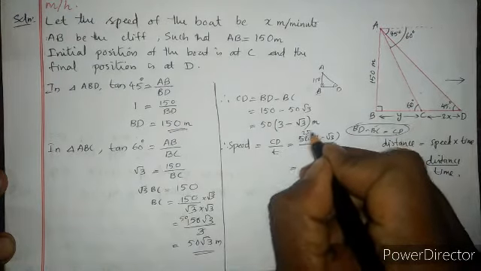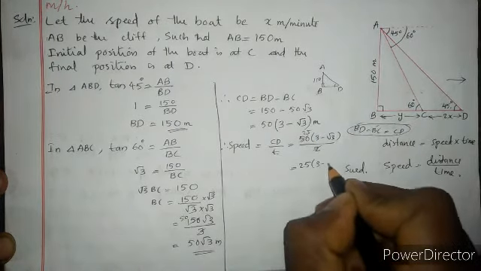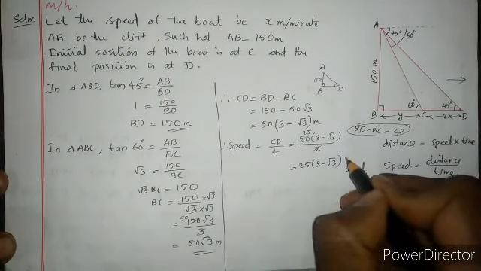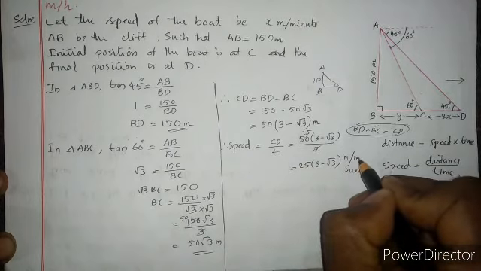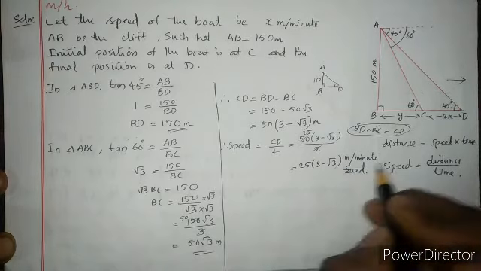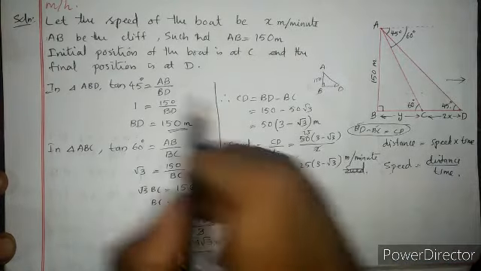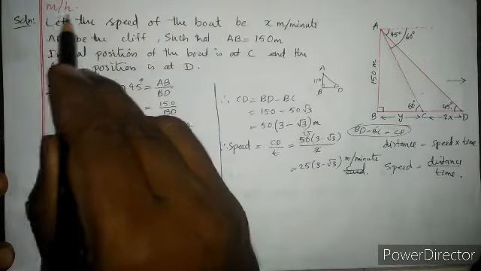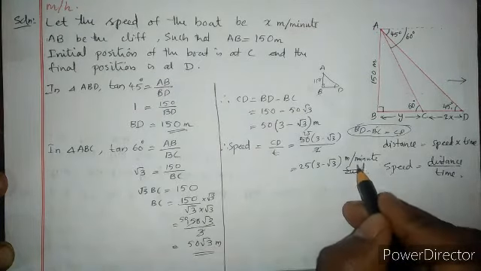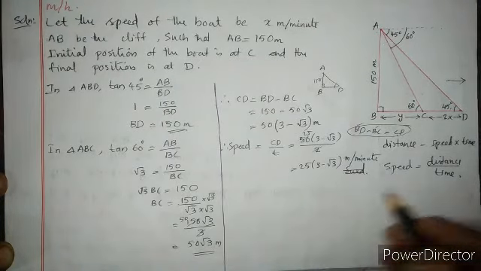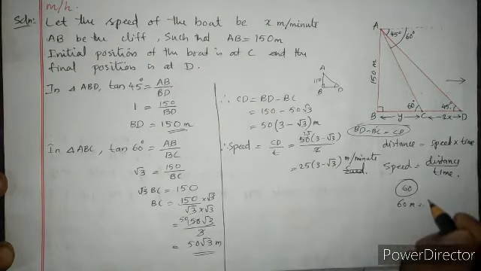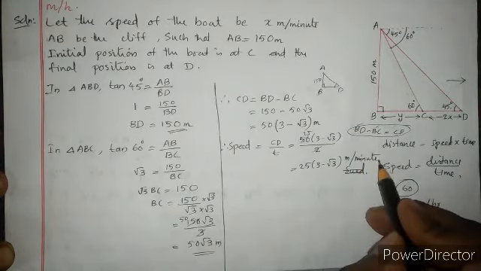2 and 50 will cancel, 25 will come, so 25 into 3 minus root 3, right? इतना क्या, मीटर पर मिनट, MIN करके मत लिखना, मिनट, ये तो पहले लिख लिया तो छोड़ दीजिए। मीटर पर मिनट, हमको क्या चाहिए, मीटर पर आवर में चाहिए। क्वेश्चन में वो था हमारा क्वेश्चन, मीटर पर आवर में चाहिए। तो इसको आवर में बदलने के लिए, इफ यू वांट टू चेंज दिस टू आवर, मिनट को आवर में बदलने के लिए क्या करना पड़ेगा, 60 से डिवाइड करना पड़ेगा, बिकॉज 60 मिनट्स इज इक्वल टू 1 आवर।